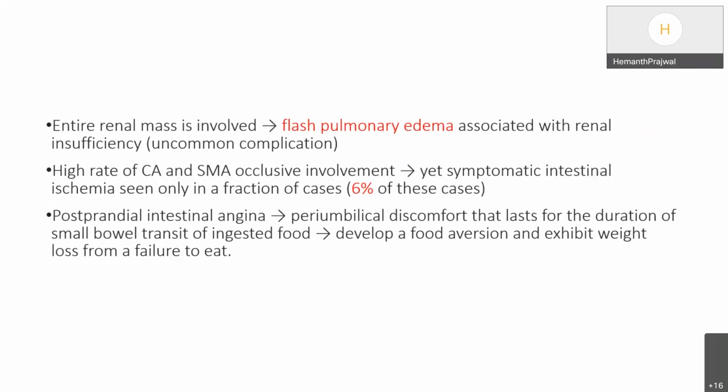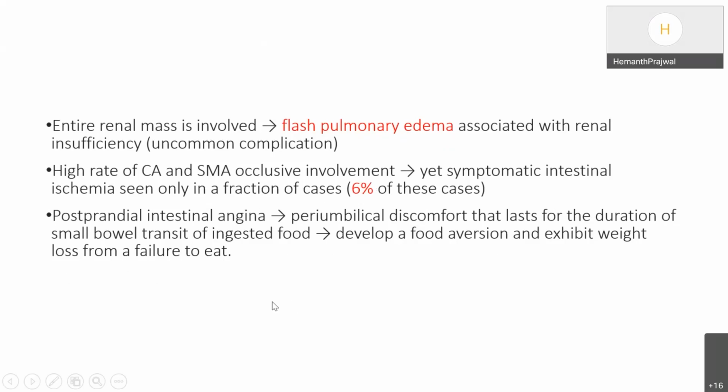If the entire renal mass is involved, it might lead to something called flash pulmonary edema, which is associated with renal insufficiency, which is an uncommon complication. The high rate of celiac artery and SMA occlusive involvement is there, but the symptomatic cases are, however, only 6%